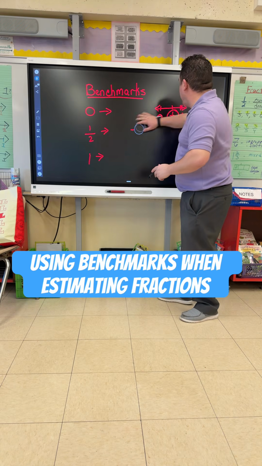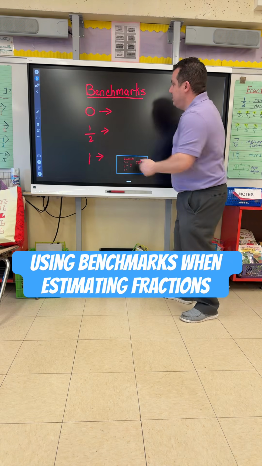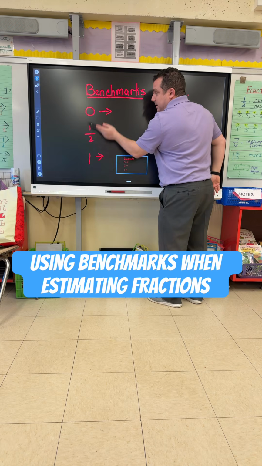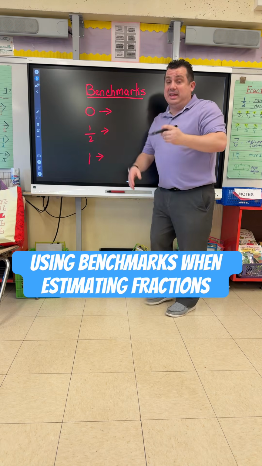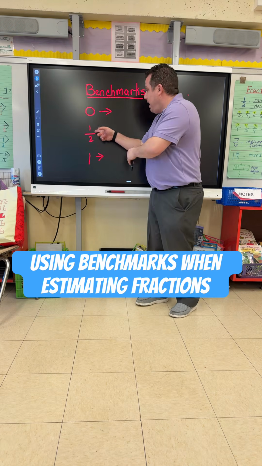So your key benchmarks here are 0, 1/2, 1 whole. 0 when your numerator is far away from our denominator. 1/2 when your